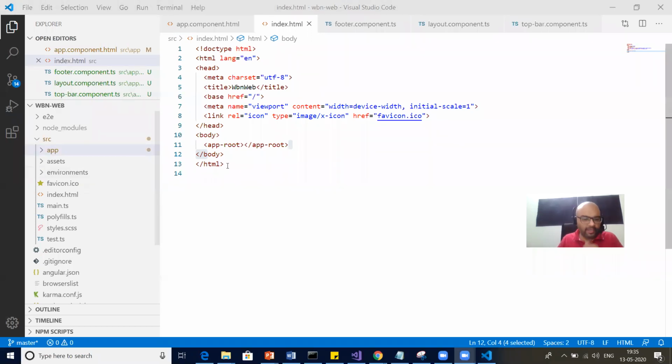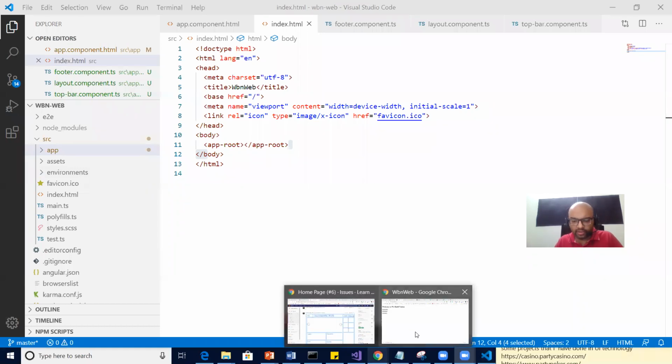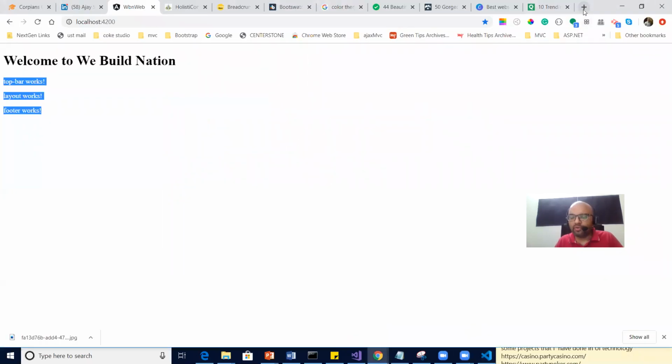Now I think it's the right time to add Bootstrap. You all know about Bootstrap, you have seen it, you might have worked in Bootstrap also. I will take the simple Bootstrap, no fancy stuff. We'll try to create as much as we can on our own, but at least for the basic layout we basically require Bootstrap. That we cannot deny.